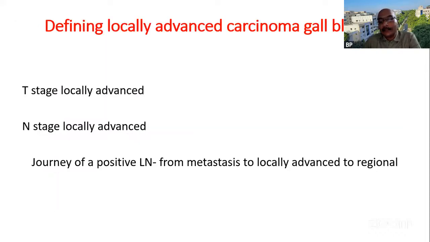When we try to dig into the evidence generated in retrospective studies, we have two types of evidence in locally advanced carcinoma of the gallbladder. The nodal stations are also included as locally advanced. You know that in gallbladder cancer, the first nodal station is the cystic lymph node. Even in many publications, any lymph node involvement is considered locally advanced based upon survival prediction. But technically, it is not, that we know. So these lymph nodes have created more evidence. Initially, any lymph node was considered metastasis, then it became locally advanced. Now it is becoming more of a regional disease.